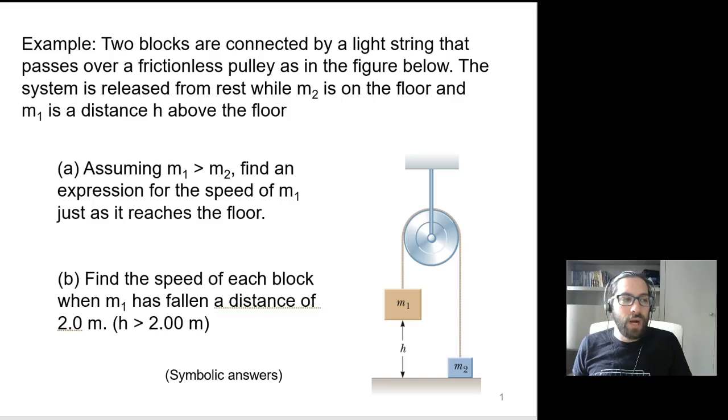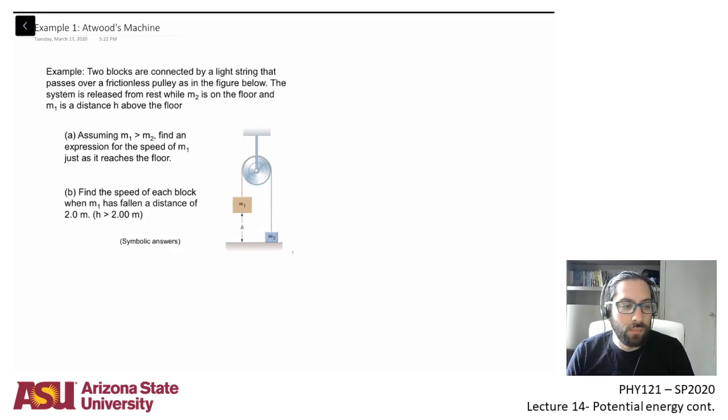If you have these two blocks connected by a light string, then in this case, the only thing doing work on these blocks is gravity. Therefore, we can use the gravitational potential and kinetic energy. Let's write this down in a couple of steps, and each step is going to have a particular assumption built into it, so you can see where these come into the problem. Okay, now I've got my iPad out, and I can start working on this problem. So the first thing that we're going to do